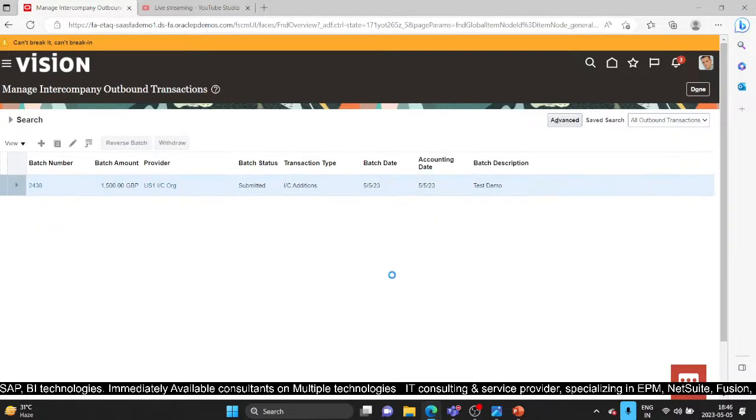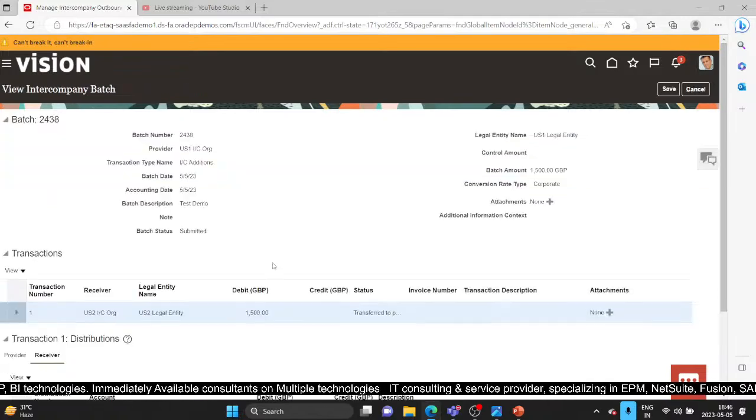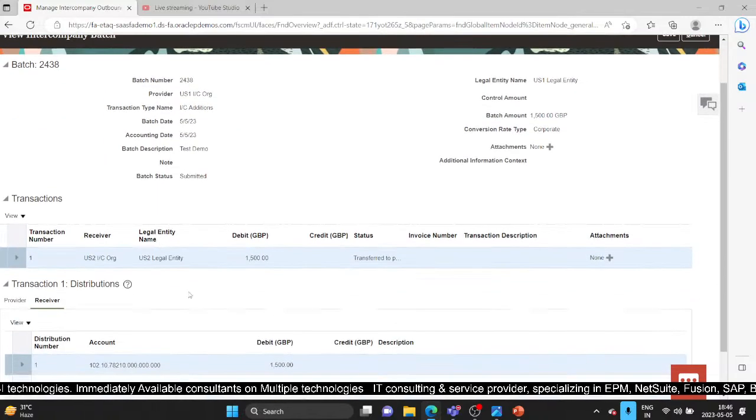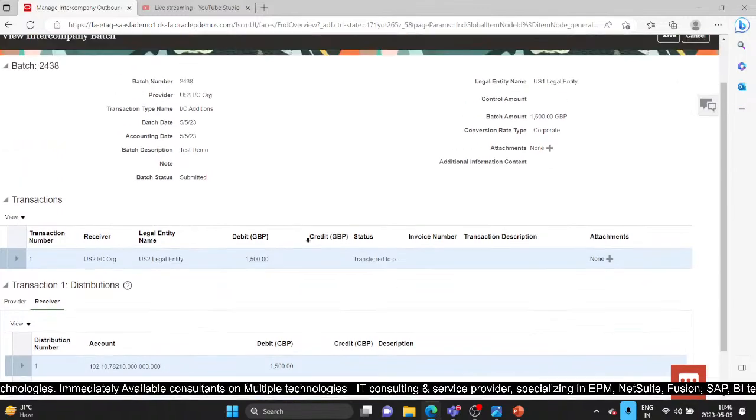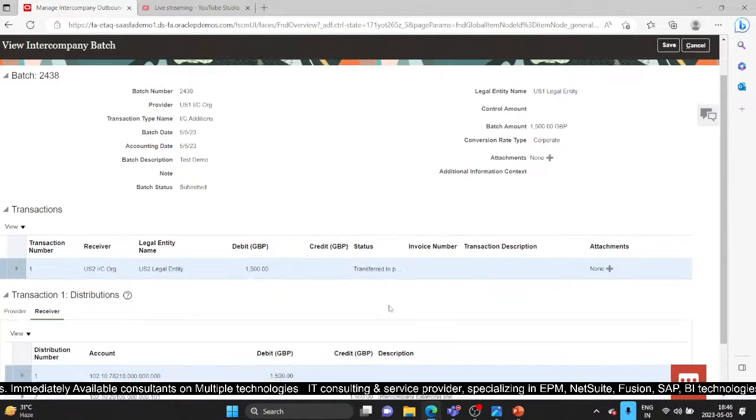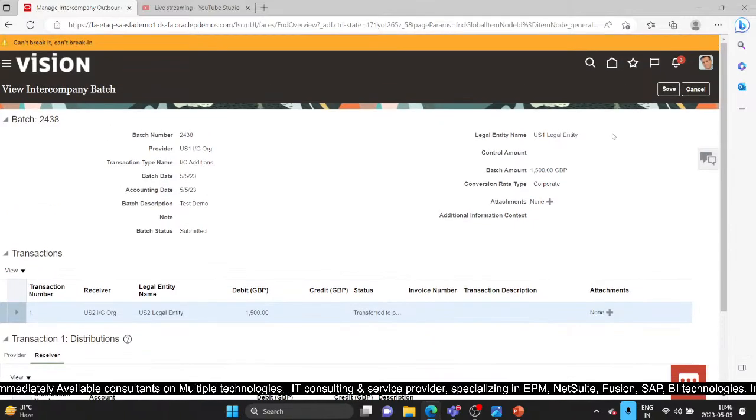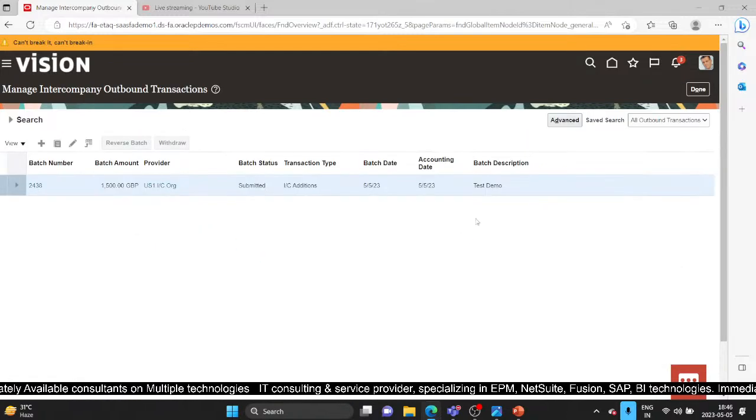Click on the batch number. You can see the details are provided here also. This is saying transfer to provider general ledger. Okay, so this is how the whole flow works,